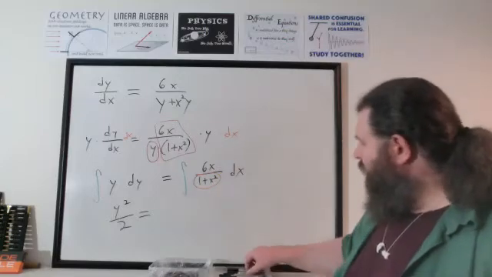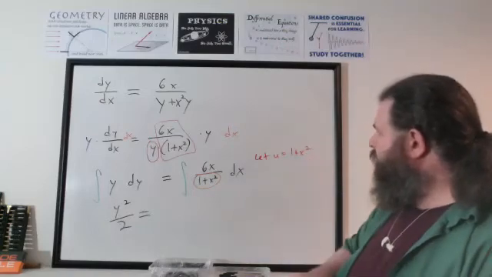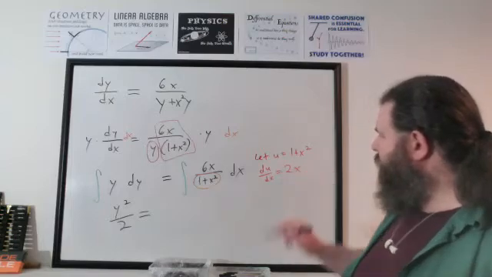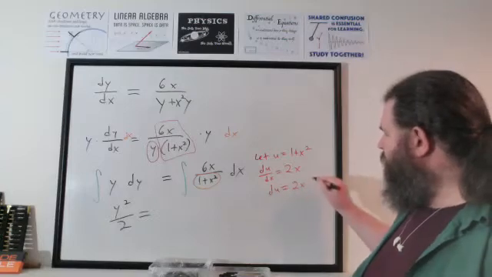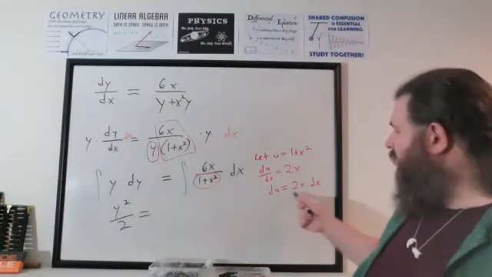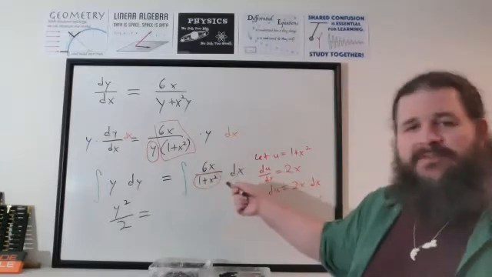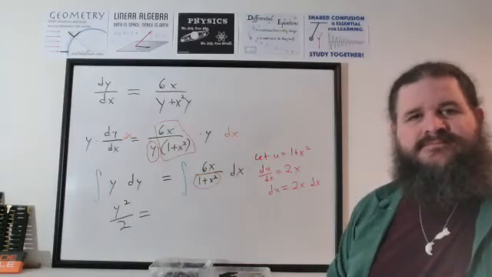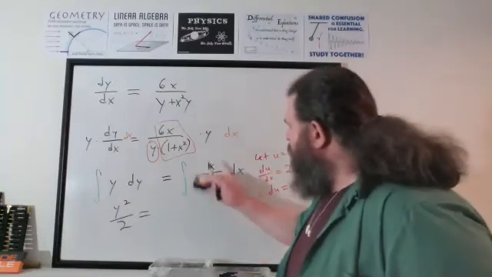And formally, we would write this out as: let u equal 1 plus x squared, at which point the derivative du dx would be 2x. We could then multiply both sides by dx. And one thing you could do here is say anywhere you see 2x dx, you can replace that with du. We have 6x dx, but how could you rewrite 6x dx? Three du. Yeah, because 6x is the same as 3 times 2x. If we split that up,